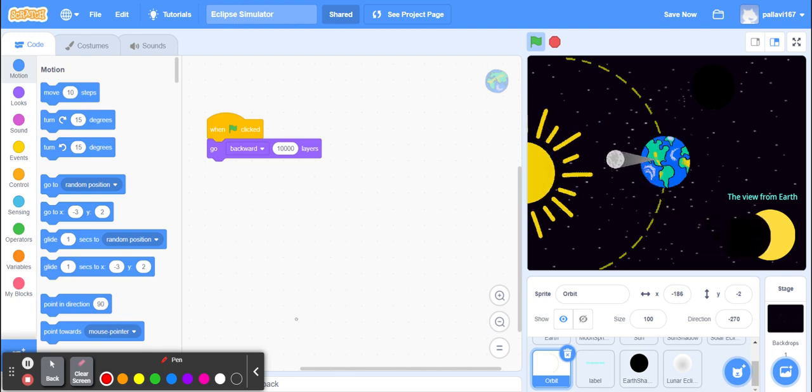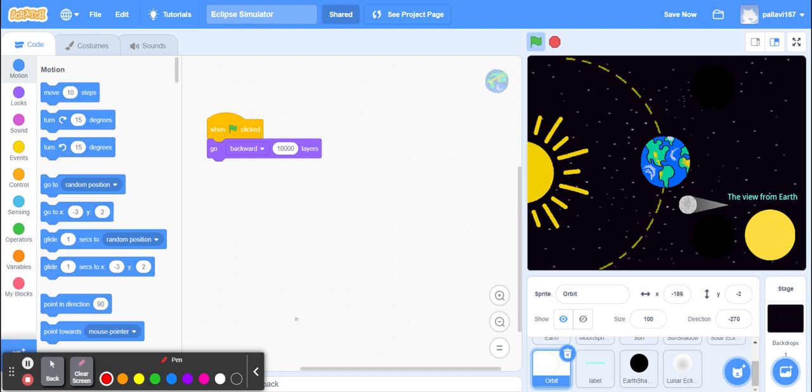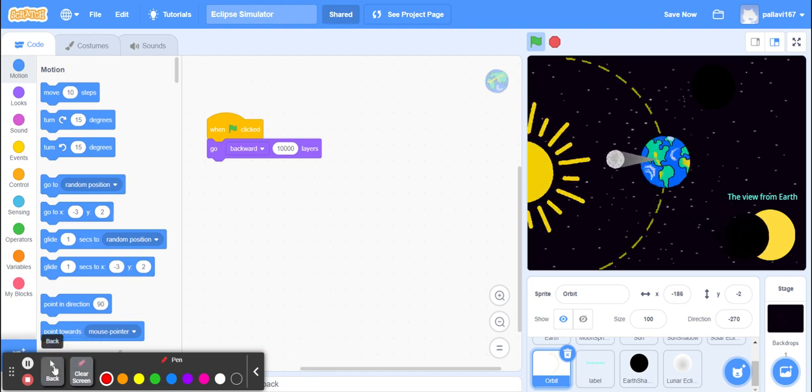All right. So the second step, which I'm going to demonstrate now, after creating all the sprites, is to basically make this moon revolve around the earth in an elliptical orbit.